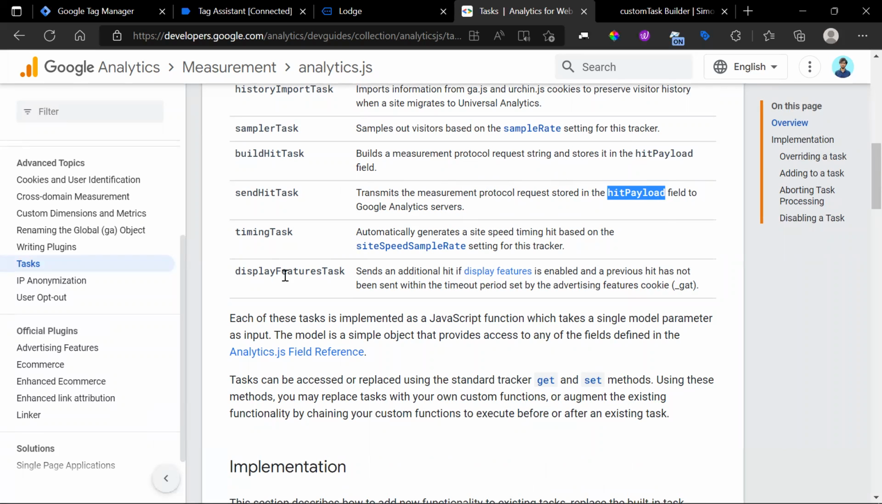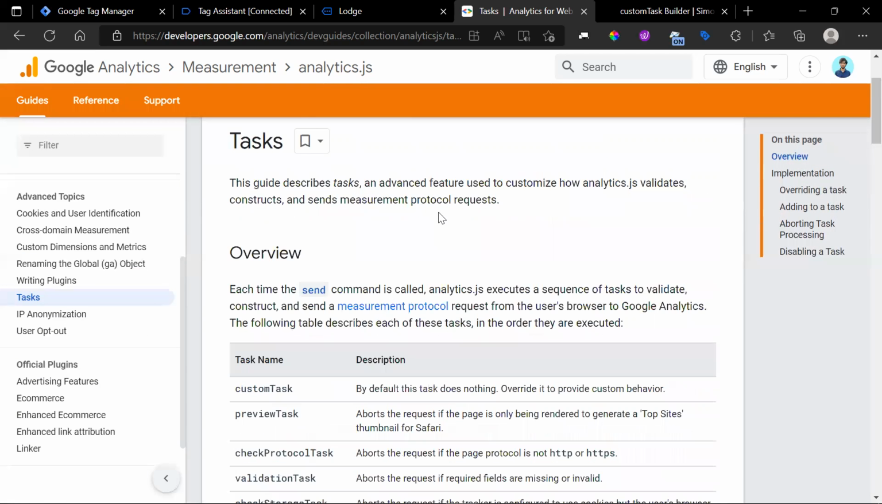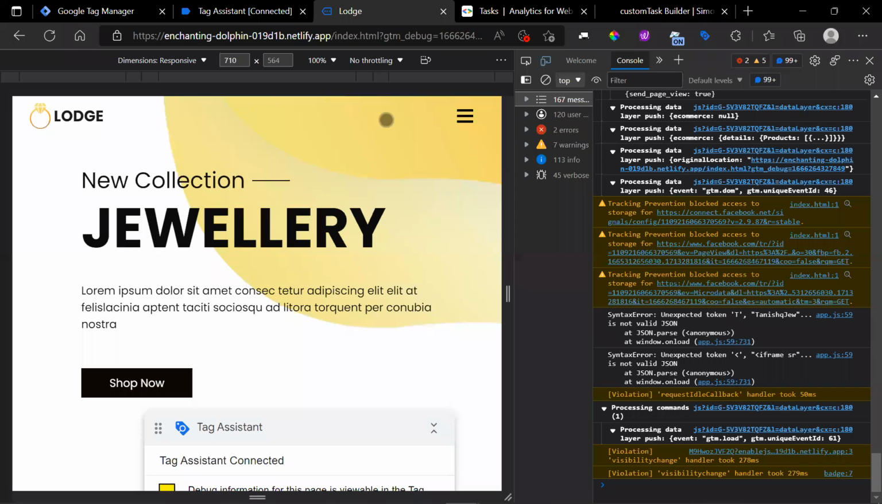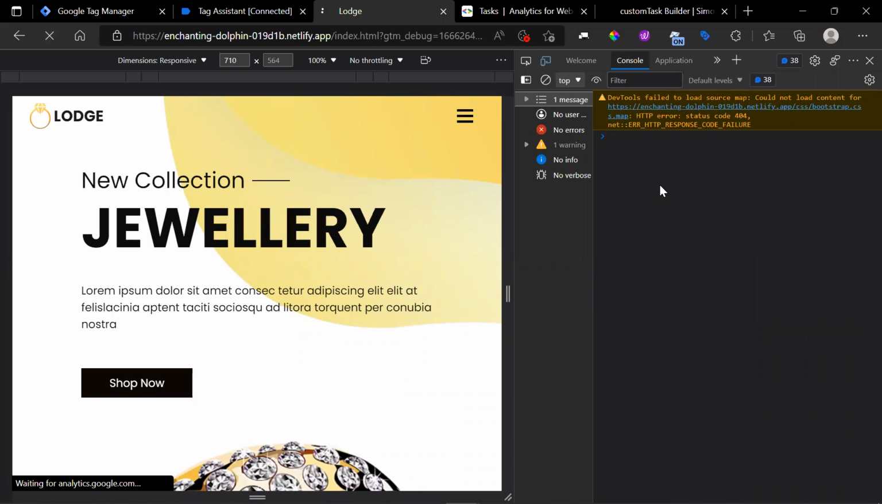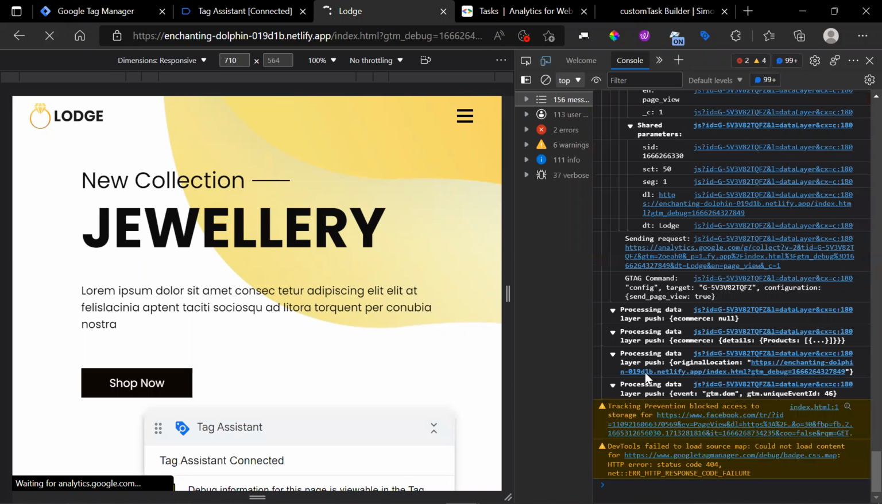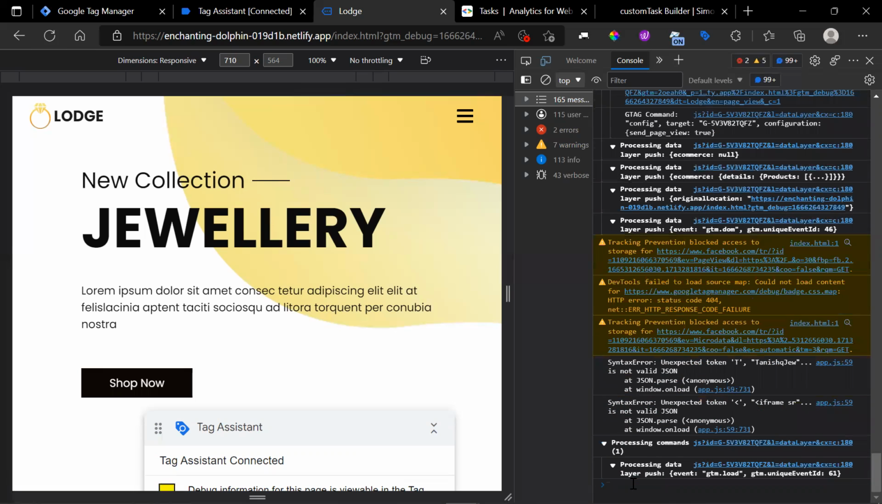Then there is timing task and display features task. You can just read about them. In particular, tasks can be used as an advanced feature of analytics, and we can use them for our own benefit. So what I'll be doing is using them on my own website. First we'll demo the normal tasks, and then we will focus in more detail on our custom task. So first things first,